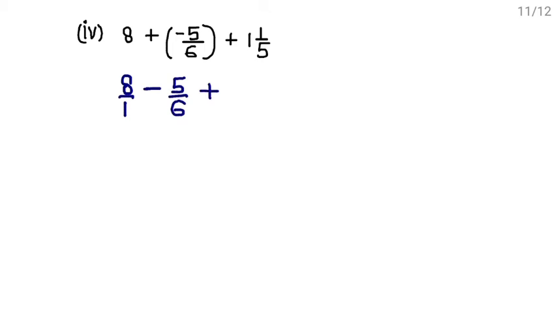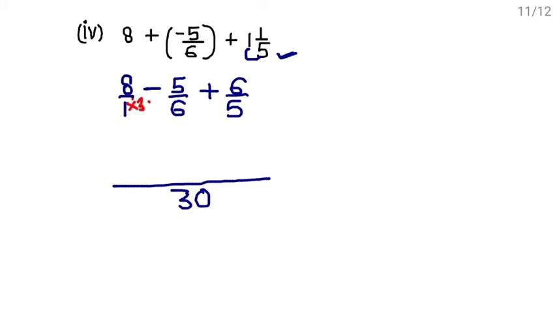Plus this is the mixed fraction, or you can say rational number. This can be written as an improper fraction. So write it: 5 ones are 5 plus 1, 6 upon 5. Denominators are different, so you will take the LCM of these denominators. When you take the LCM, you will get 30. To make this 1 into 30, with which number will you multiply? 30, of course, right? So multiply the numerator also by 30.